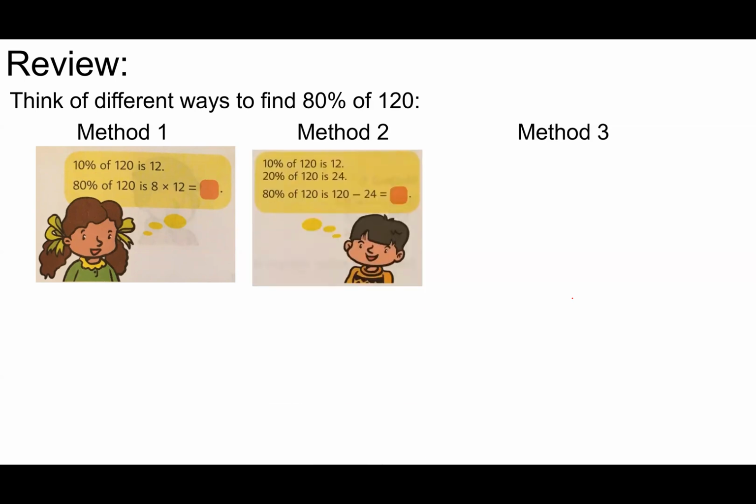Singapore Samuel right here has a different way of finding 80% of 120. In his mind, he does 10% first, right? But he doesn't find it as easy to go from 10 to 80%. Maybe he doesn't remember his 12s. I don't know. But in his mind, he does, okay, actually what I can do is I can multiply 10% times 2 and I can come up with 20%, which is 24. And then I can easily multiply 24 times 4 because 20% times 4 would be 80%. And if he's doing that over here, then 24 times 4 would give us the number that he wants,